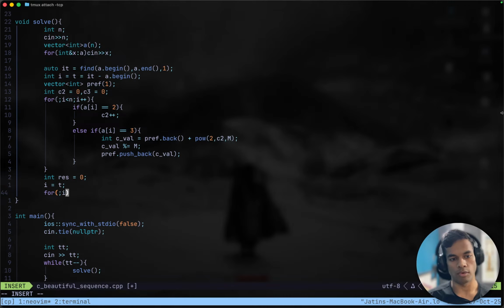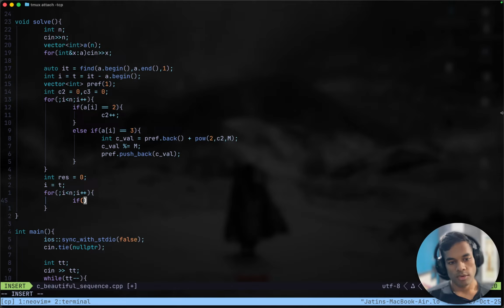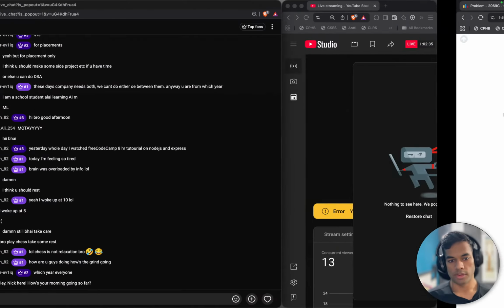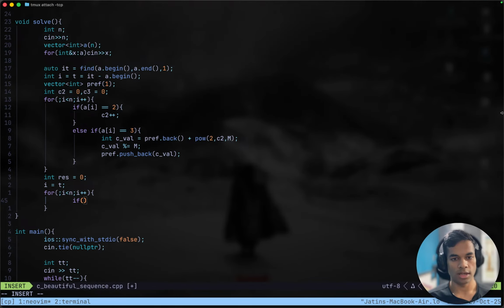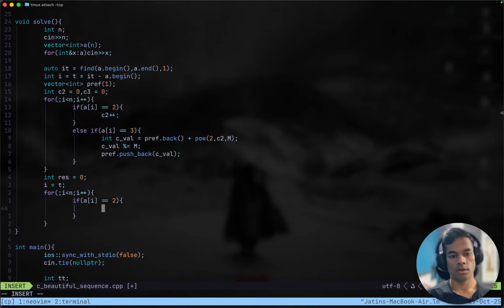And then for i smaller than n, i plus plus, we will see if the current value, according to that, we will calculate if a[i] equals 2. If a[i] equals 2, okay, now